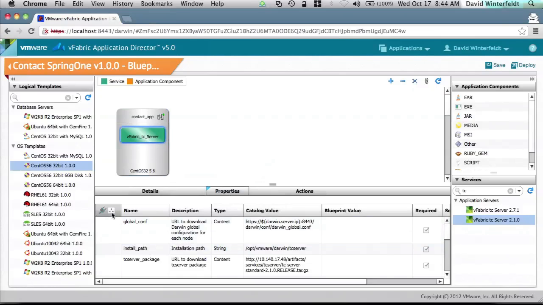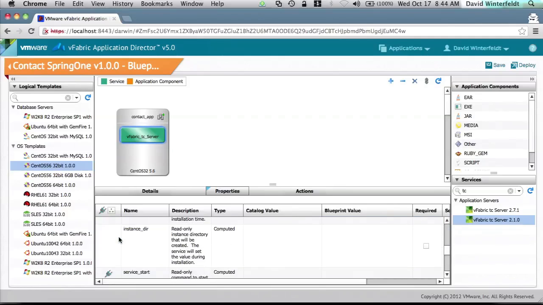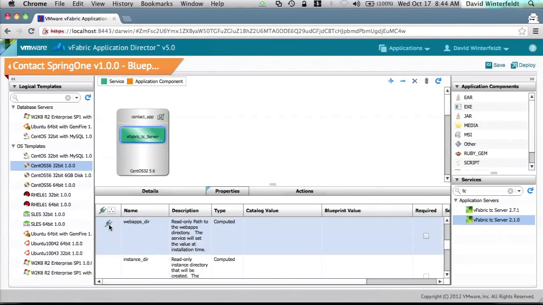I'm just going to show the properties here. So there's a column here, and the plug and the socket represent a feature called autobind. And then this webapp dir is an example of that. So the plug indicates that it's exposed. So this webapp dir is available for consumption from a consume property, and just there's a servlet container and dir is just string-based meta tags to associate information. So if there's a consume that also has those values, when you either drop items on or connect them through our dependencies, which you'll see in the examples, it'll auto-connect values. So I'm mentioning this